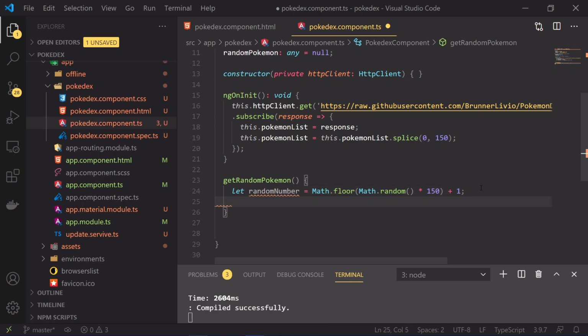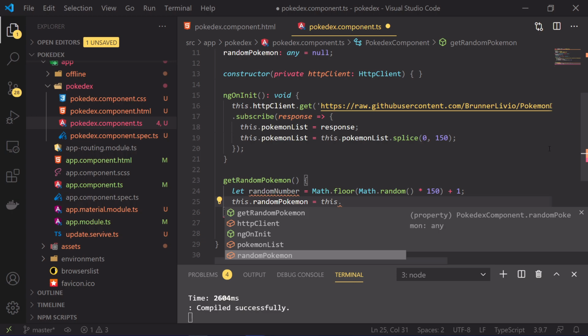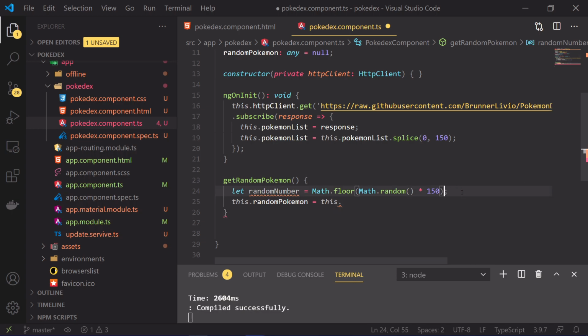So now random Pokemon would be nothing but the index number of the Pokemon. If it's an index, then I can just go with 0 as well. So I'll just go with this.pokemon of randomNumber. Okay, I'll just name it as fox. So this will help me get a random Pokemon whenever I click on this.